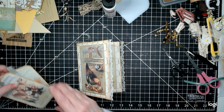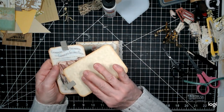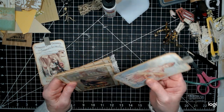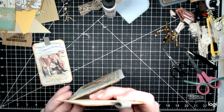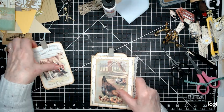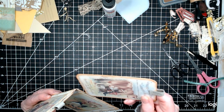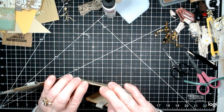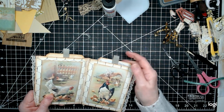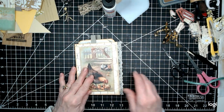Okay. Here's some more of that paper that I did these two tags with, and I backed it onto some paper that I found in my stash from who knows where, who knows when. And one will go in here. At first I was like, did I get the right direction? Yeah, that would be me. Oh no, I got the wrong direction. Okay, and here is the other one. It doesn't really matter which direction they go. They look pretty on both sides. Okay, so